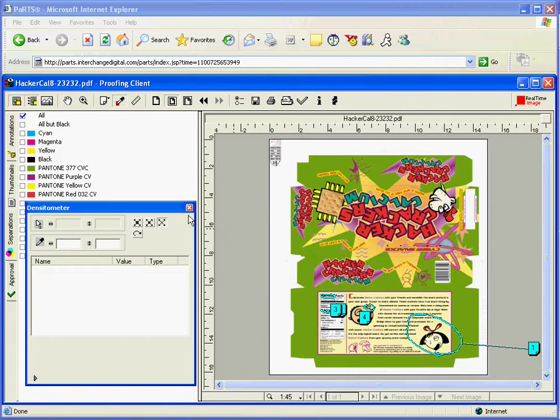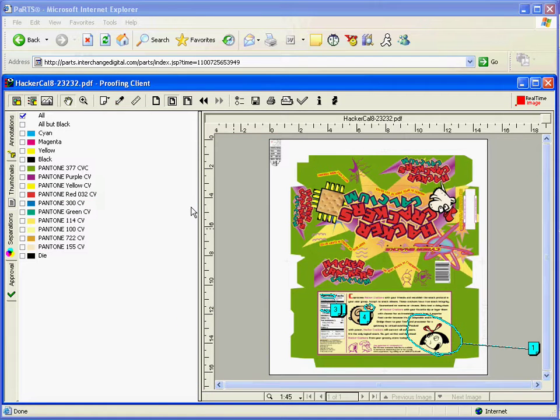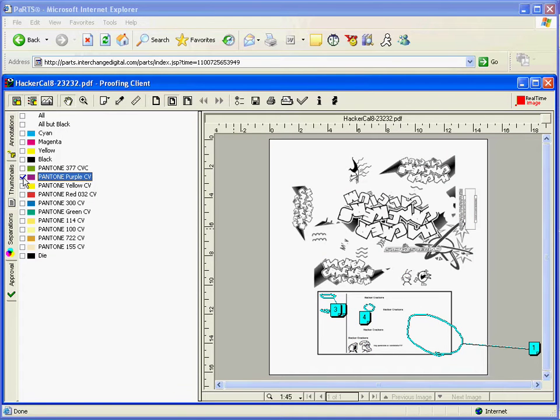Let's close the densitometer tool now and look at some of the other tools that we have in the collaborative online proofing software. One of the things, again, that might be important from the supply chain side is to look at the different colors individually that will go on the printing press. So for example, if I click on Pantone Purple CV, I see the different elements that will be printed in that Pantone color. The comments still show. The comments can be turned on and off, but also I can get this printing production-oriented view of the graphics